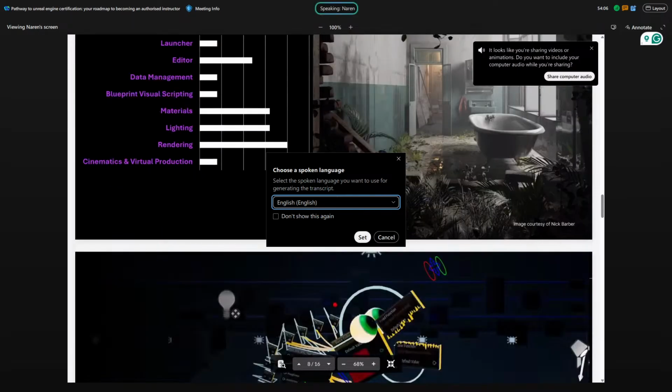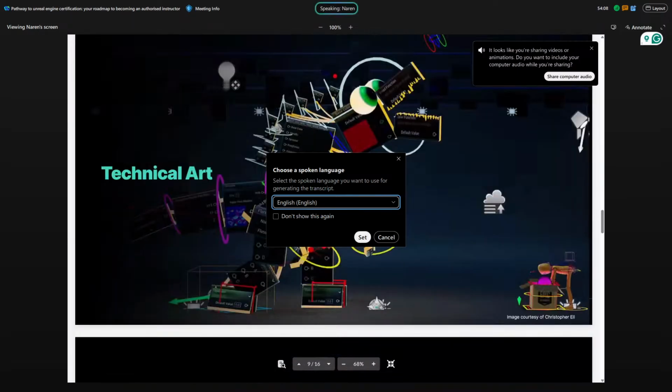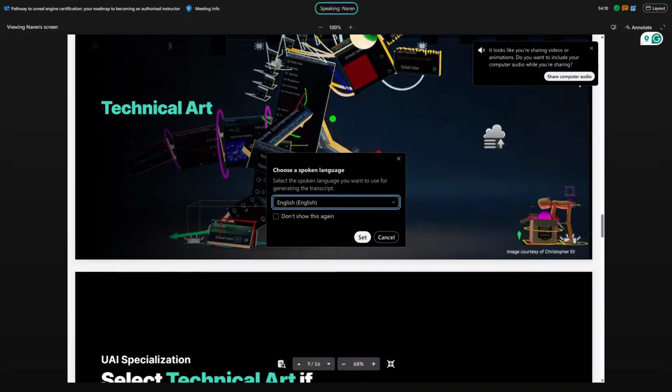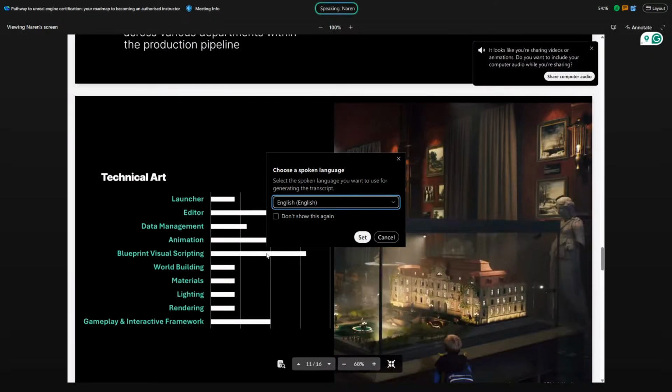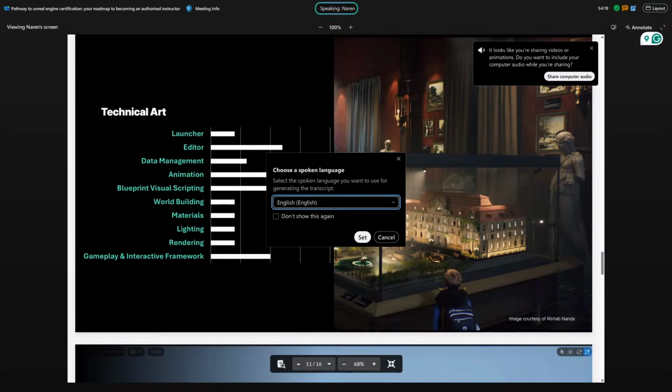When you say technical art, everything will be built from scratch. Mostly it will be on rigging and animation. So when you say blueprint, it is Unreal Engine's technical side of content creation. Blueprint is nothing but visual scripting. In other software, Unity and all, you need some programming to create games and other things.